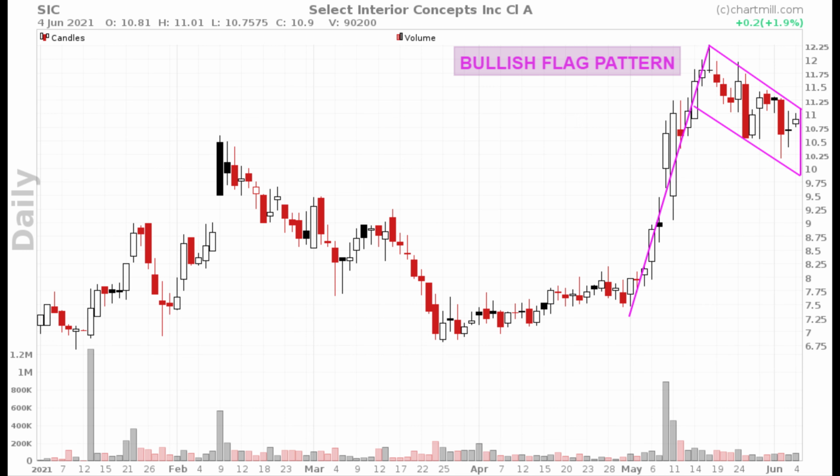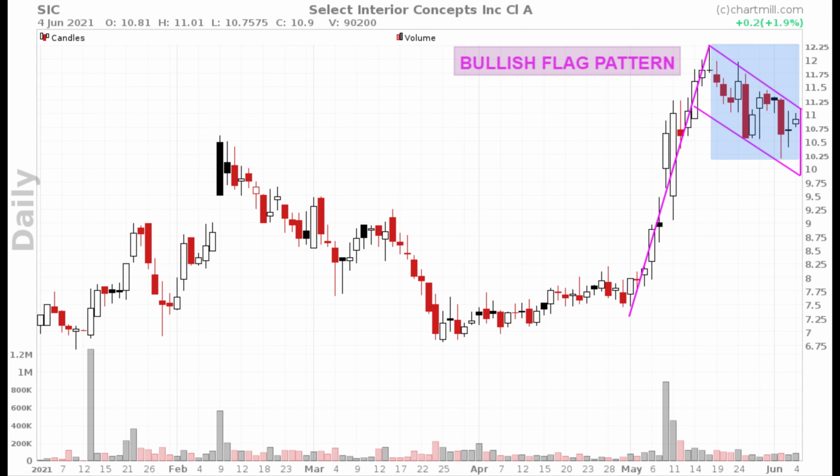A price candle that penetrates the upper boundary of the flag in no way gives any certainty about the closing price of that candle. Let's take a look at the daily chart of select interior concepts. All the elements necessary for a valid bullish flag pattern are present: a strong increase with high volume and considerable momentum, followed by a sideways, slightly declining trading range which forms the